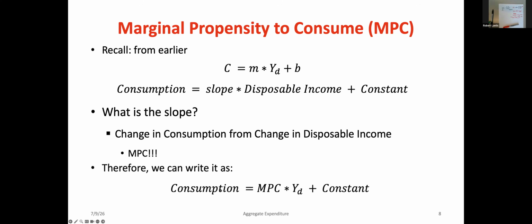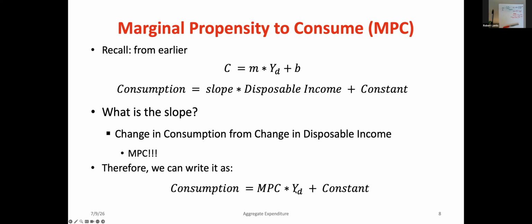So we can think about what our current consumption levels are, whatever that constant is, what we'll end up calling autonomous consumption, plus whatever we're spending of our change in disposable income. This is going to be our equation that we use to calculate actual consumption,